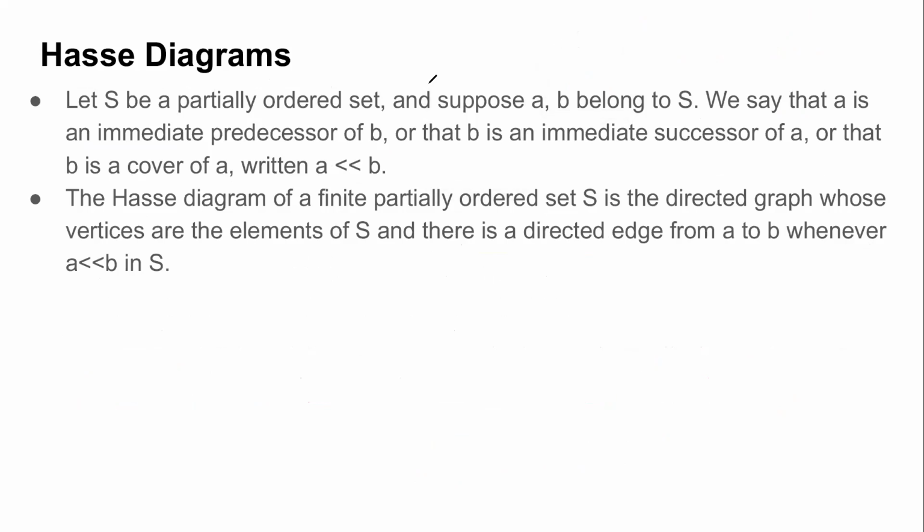Consider S to be a partially ordered set. Just to recap, a partially ordered set is a set on which we define a partial order, which is a relation that is reflexive, antisymmetric, and transitive. Now, when I consider any partially ordered set, in general I can have the following relation. Suppose there are two elements: A is a predecessor of B, or we can say B is a successor of A, or vice versa.